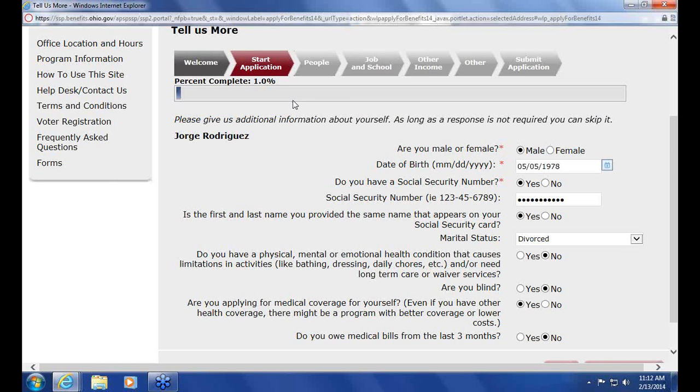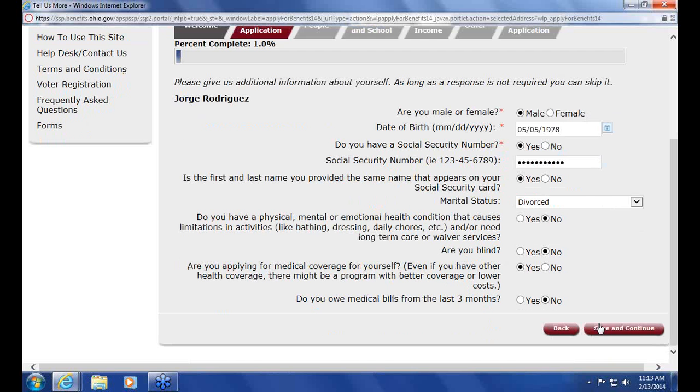You might get someone who says, well, I'm having trouble doing my laundry sometimes, but really it's people with a diagnosed or verified condition. And also, to the point that was talked about previously, if you owe medical bills for the last 3 months, Medicaid can go back and retroactively pay for those bills if the consumer was eligible at that time.